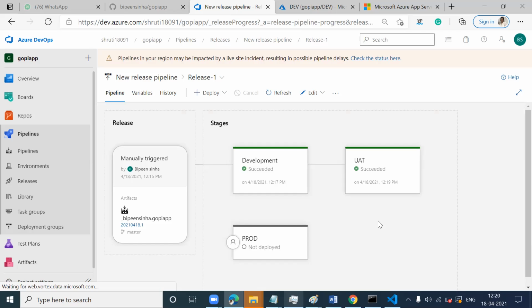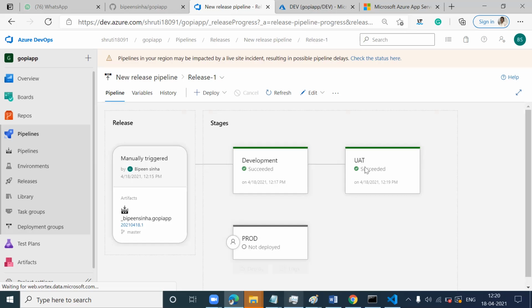So first you have to test the application in development, and when you clear that the test is okay, then the second test needs to be carried out by the UAT team, right?